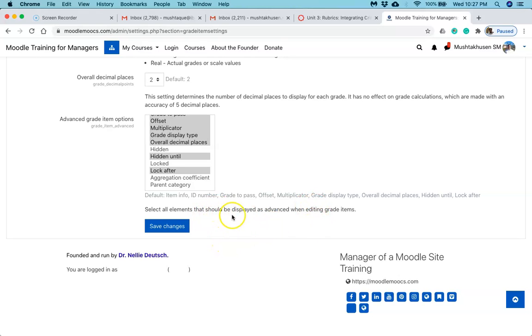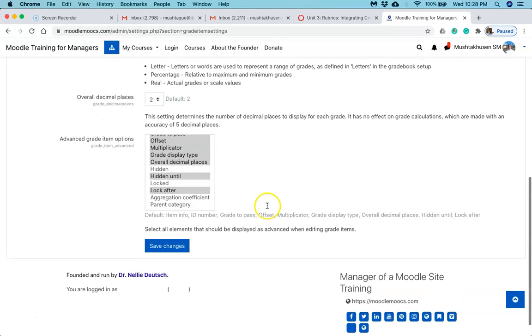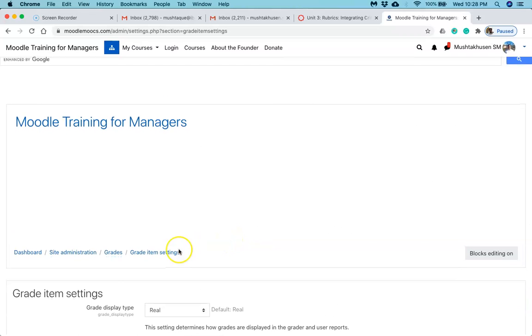Select all elements that should be displayed as advanced when editing grade items. Whichever you want as advanced when you edit grade items, this is how you can select. And once that is done, you can click on save changes. Again, let me take you back to grades.